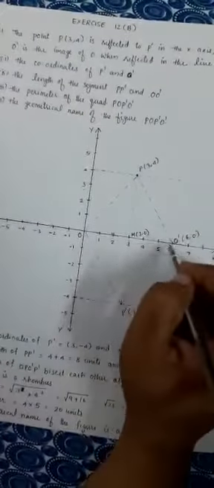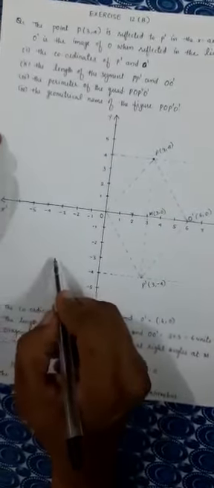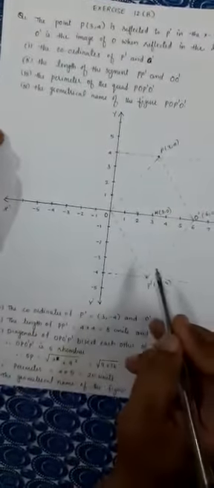First, use graph paper to plot the axes. You know the horizontal axis is the x-axis and the vertical axis is the y-axis. Here there are 4 quadrants. The first quadrant, x and y are positive. Second quadrant, x negative and y positive. Third quadrant, x and y are negative. Fourth quadrant, x positive and y negative.